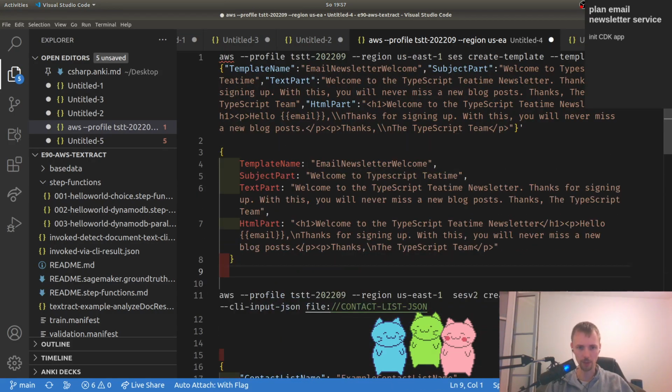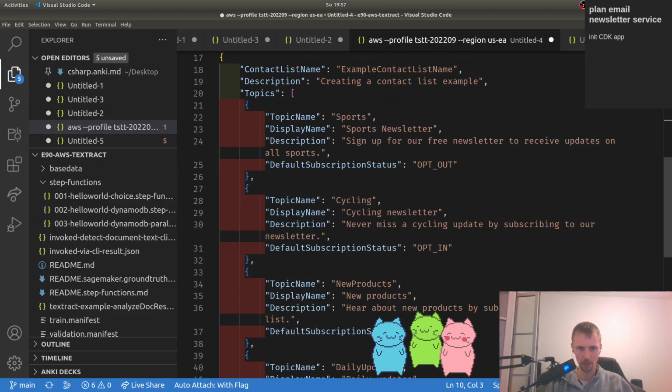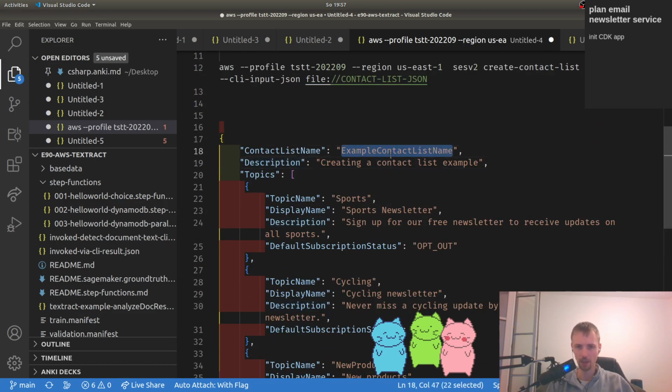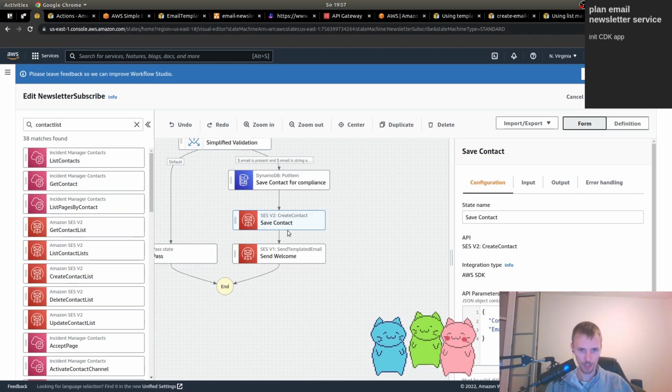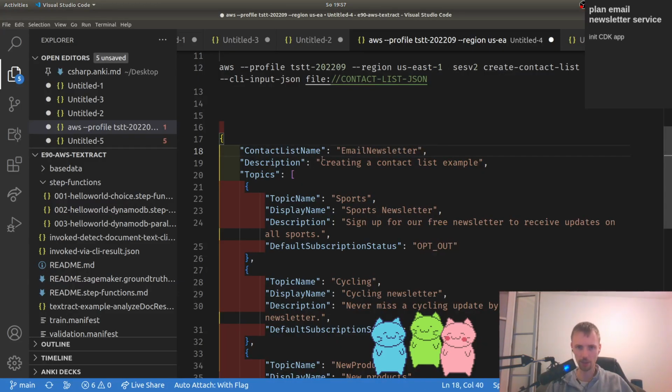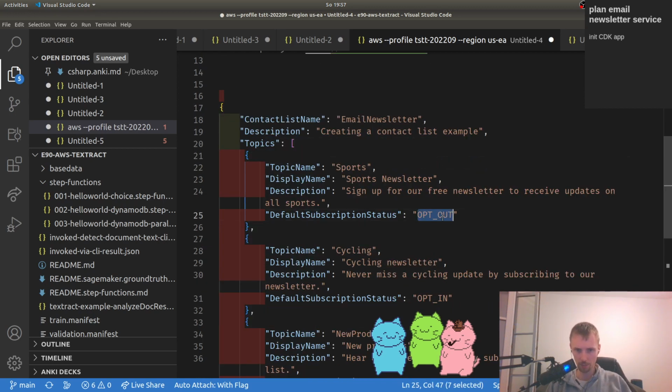Try to understand what's happening here. So contact list name. We probably want to name that like we did here, blog newsletter. I think I called it email newsletter in the other one, right? So let's call this one email newsletter. Description. Yeah, that's fine. Topics. It should be default subscription status opt-out, sign in, or